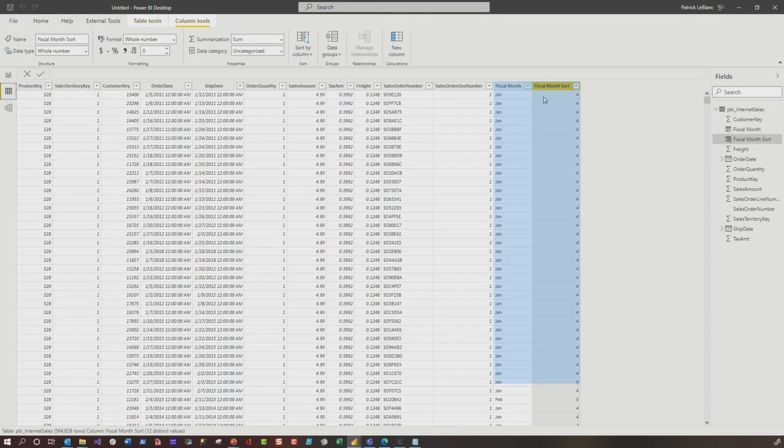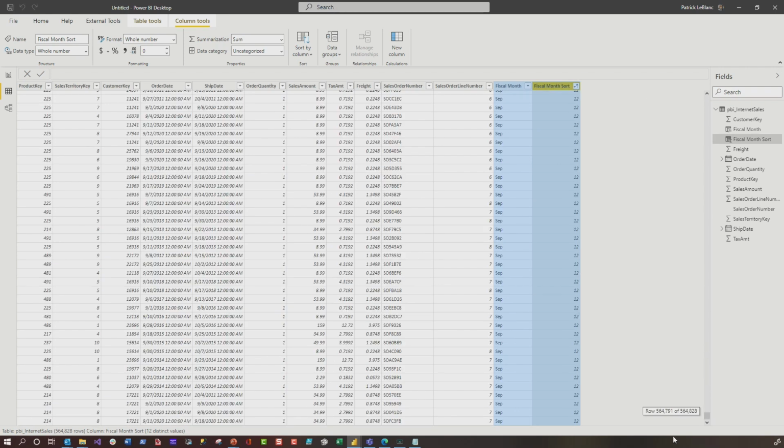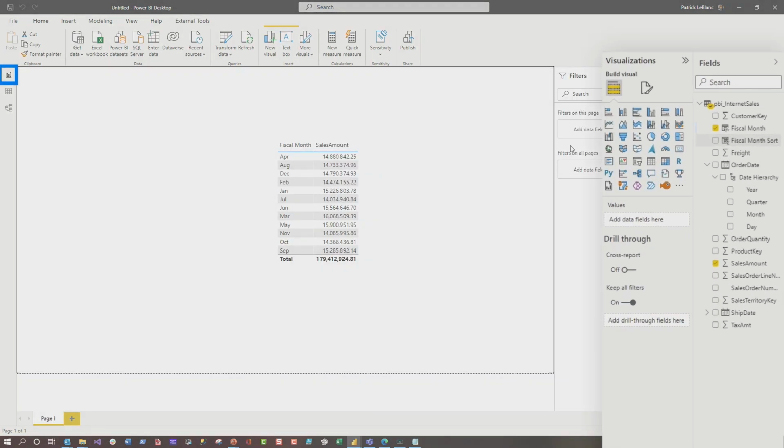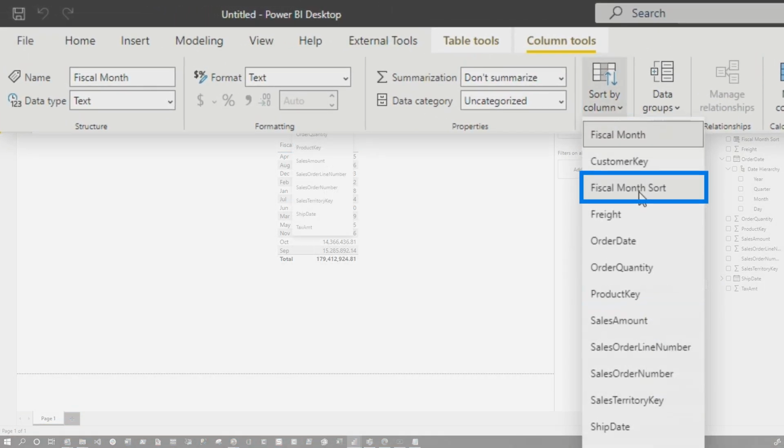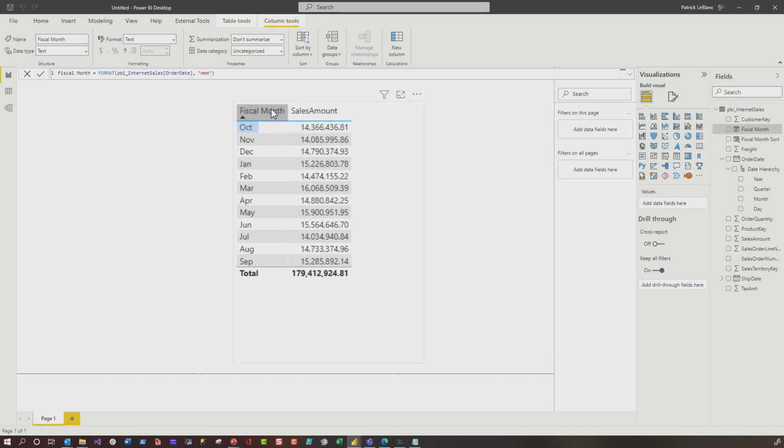And then you'll see, right, January has a 4, but if I sort this ascending, then you see October at the beginning. And if we scroll all the way to the bottom, you see September at the end. So the final step is choose fiscal month, go over here to my sort by column, choose fiscal month sort, and voila, October's first, September's last. Pretty simple, pretty straightforward. Again, if you can use a central date table, you should. If not, there's ways to work around these things.